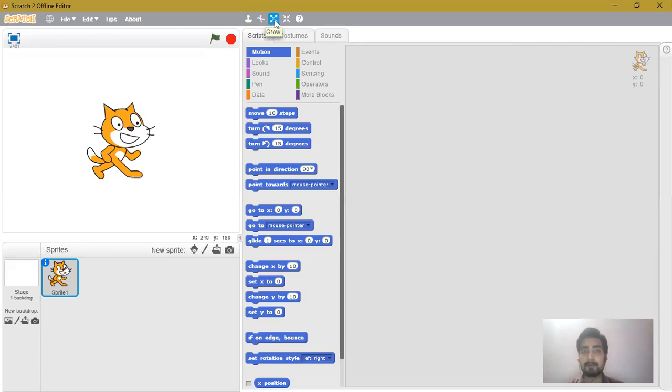Just on the right side of the grow icon, the next icon is the shrink icon. It is just the opposite of grow. The grow icon was used for increasing the size of the sprite, whereas the shrink option is used for decreasing the size of the object. So suppose you want to decrease the size of this object, click on the shrink icon. Your mouse pointer will change into the shrink icon.